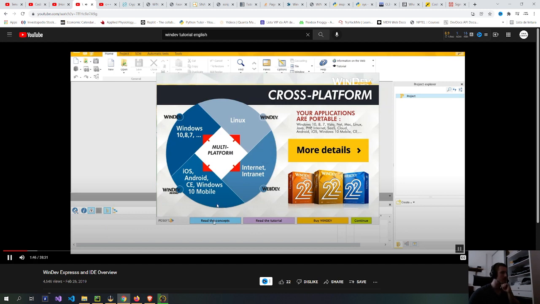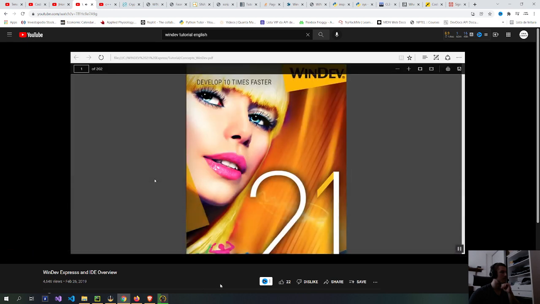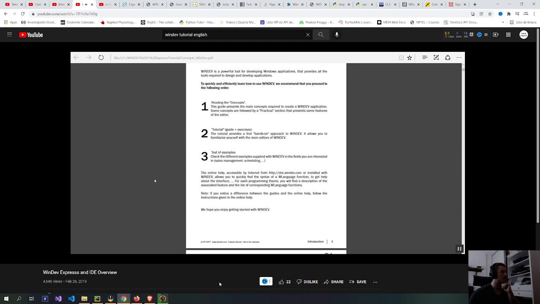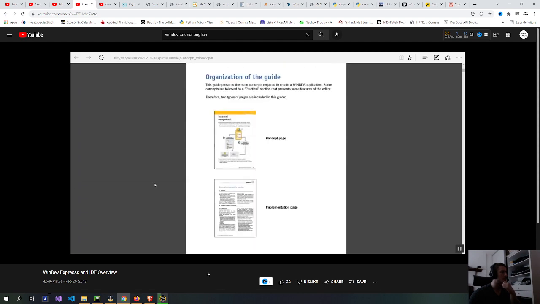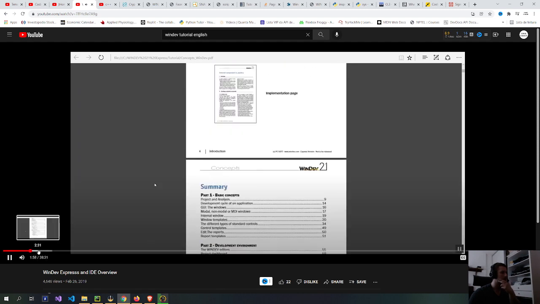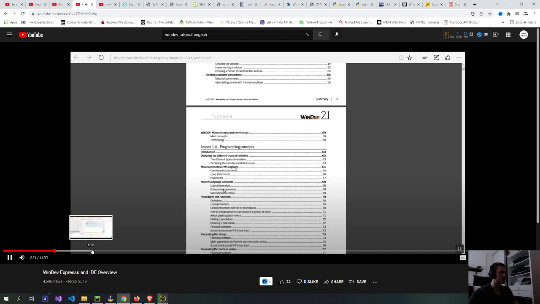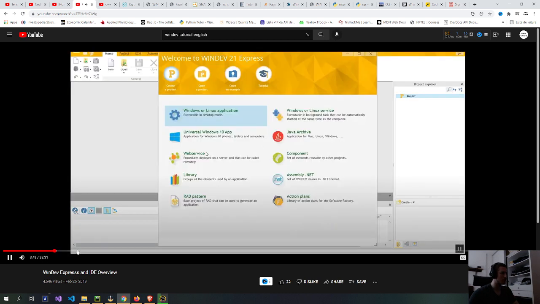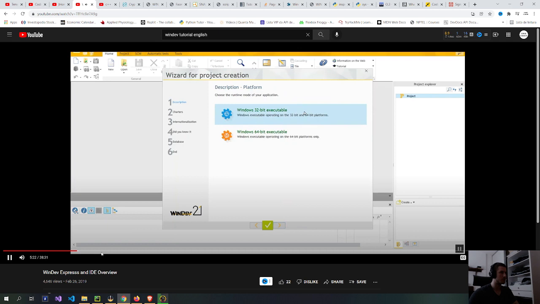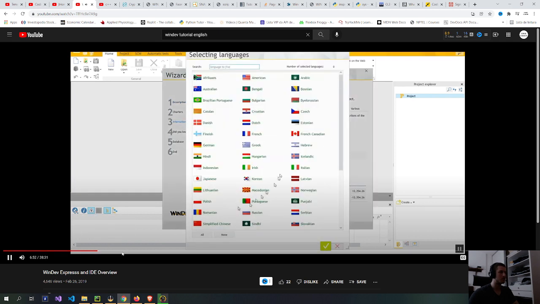WinDev. I highly suggest going and reading the concepts. In fact, we'll look at that just quickly here, what's available. These are the different concepts that are available to you within WinDev. So we see how to work with it, as well as, you'll notice here's the